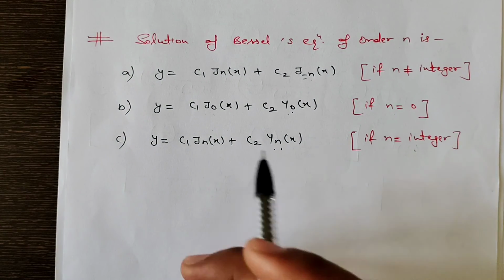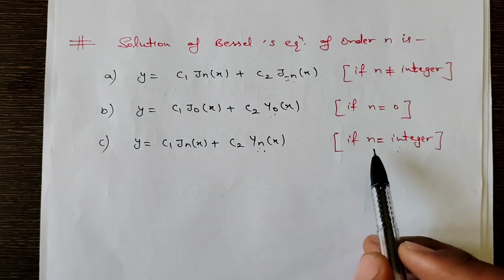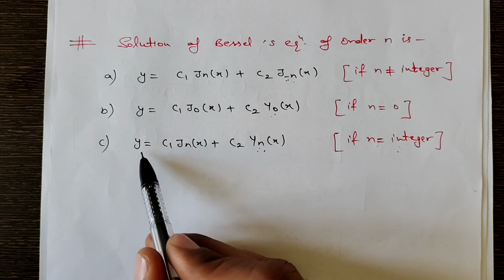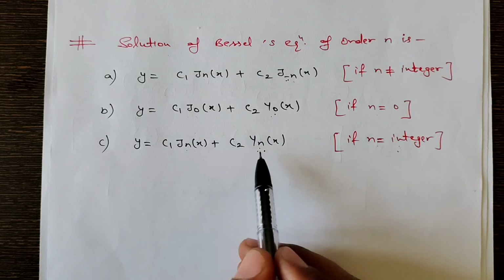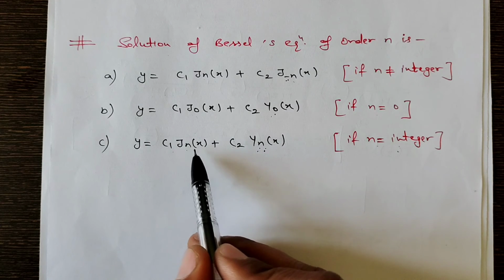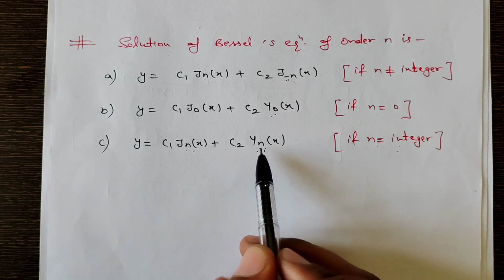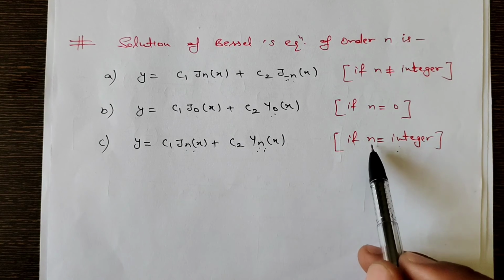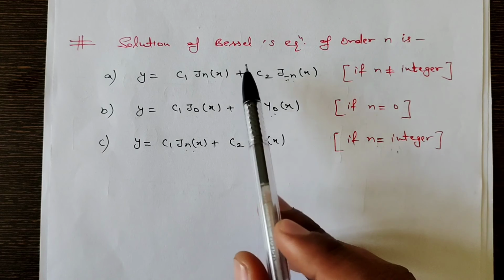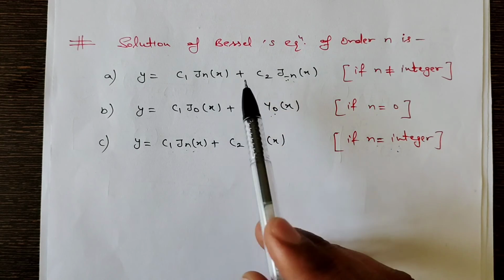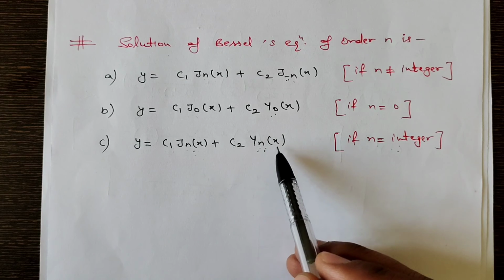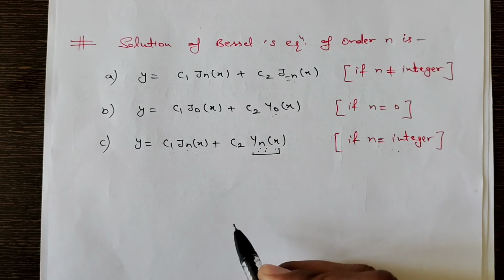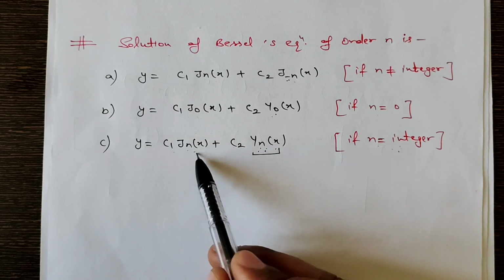And as we had obtained the Neumann function, we can write for the third case, that is when n has an integer value, the complete solution for the Bessel differential equation in terms of the Bessel function and Neumann function as c1 times J_n(x) plus c2 times Y_n(x). Clear? Because we know that for n equal to an integer, J_minus n(x) will be linearly dependent on J_n(x). So we cannot write the solution in terms of J_n(x) and J_minus n(x). We have to get the second linearly independent solution, which is nothing but our Neumann function. So that's why the complete solution is like this.